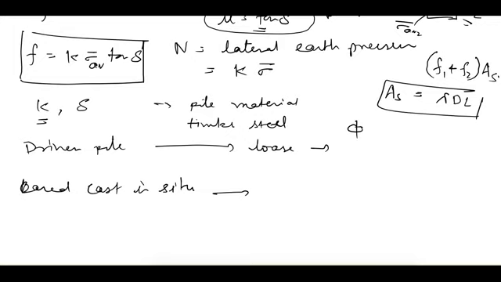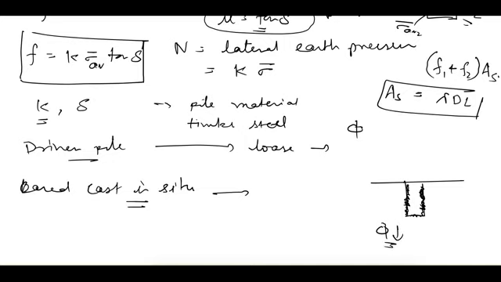So the value of K is more in case of driven pile compared to the bored cast in situ pile. And in case of bored pile, because first we drill the hole and so we'll use some water, because of that water this part of the foundation will be wet, and because of that it loses some of its strength, and because of that the phi decreases.